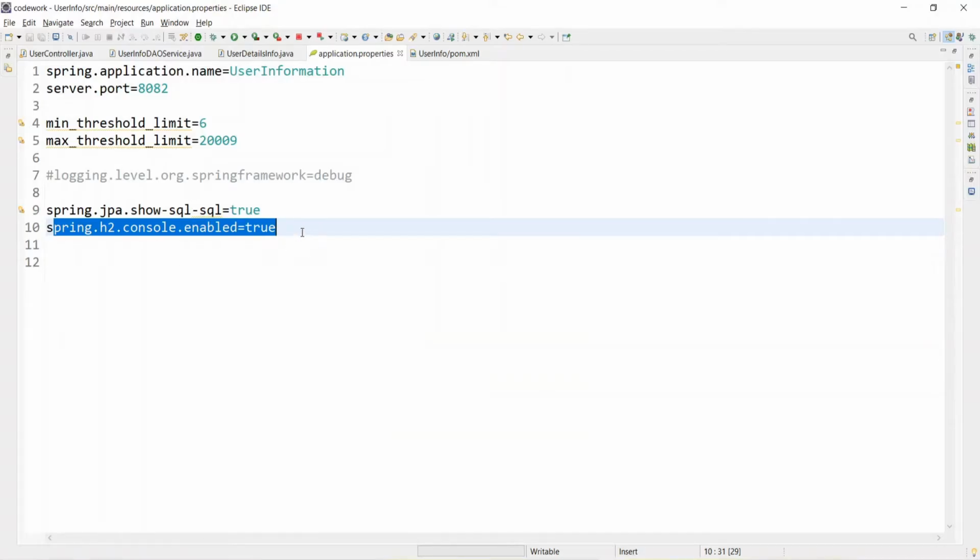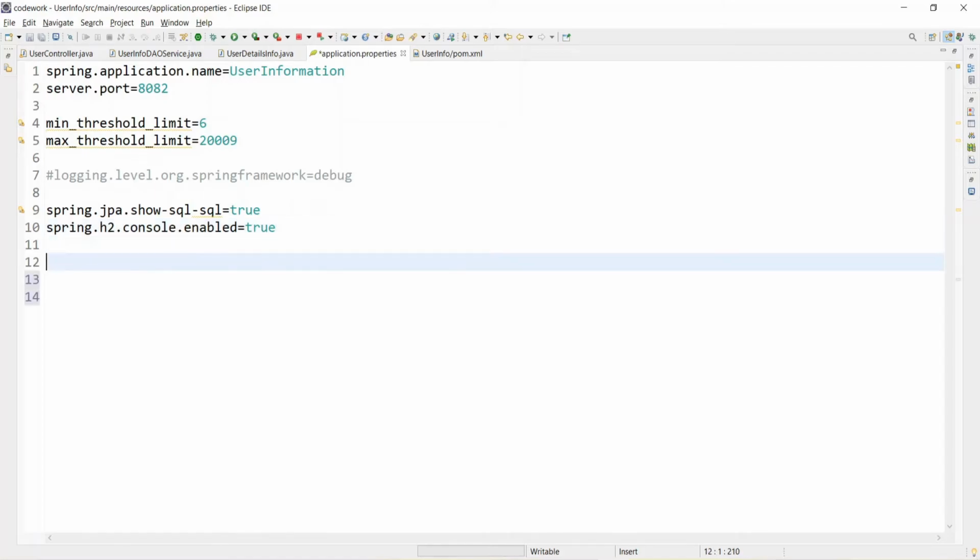It was SA by default. So if you change the configuration over here, you don't want to use the default username and password, and you don't want to use the default H2. If you want to use Oracle or MySQL, what will you do? There will be some configuration that you need to make. So let me show you how you can do that, so that later on you don't have to go through it again.